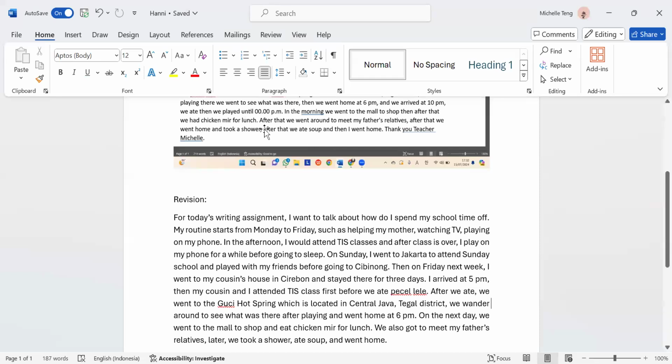So first of all, to avoid this kind of after that, we should not just make this a long sentence like after that, and then we add a comma. We tend to use after that if we are using a comma, right? So that's why we need to probably break the sentence into smaller ones and add a full stop to it. So now my revision would be something like this. On the next day, or in the morning, they'll be okay. So we can just keep the original one.